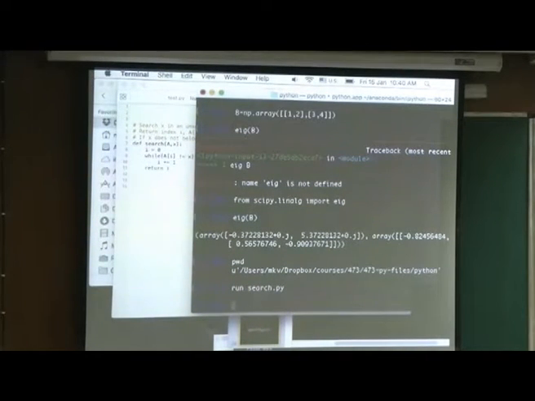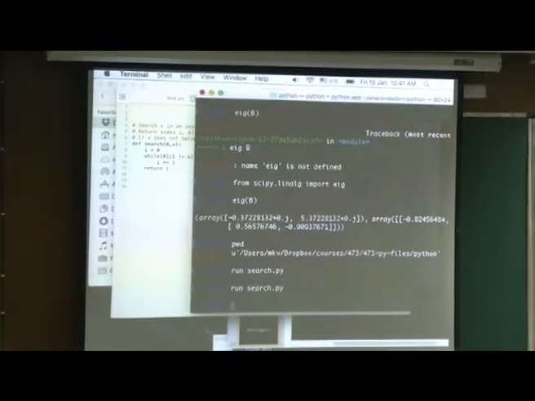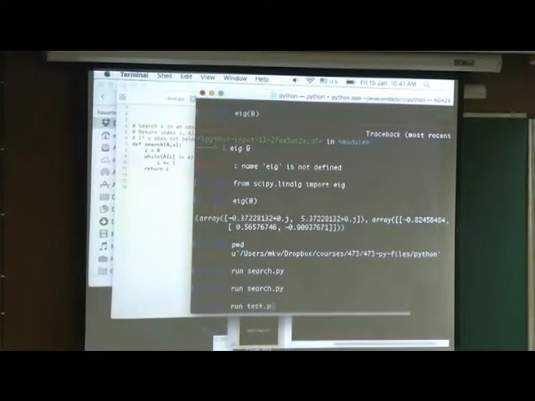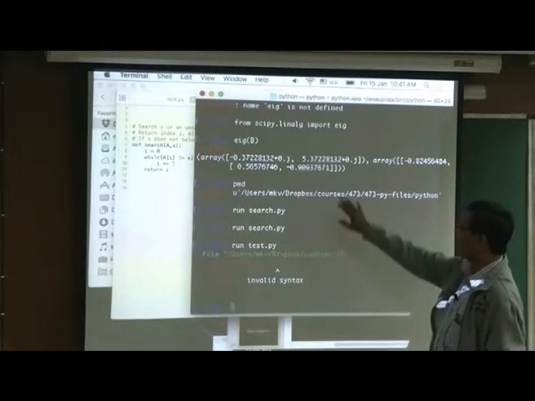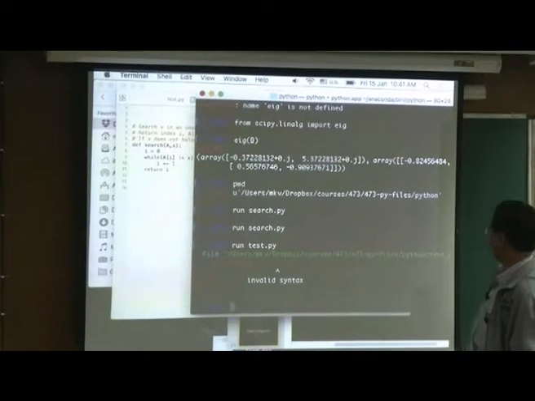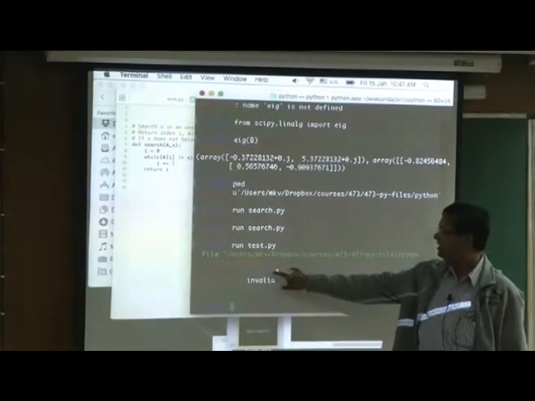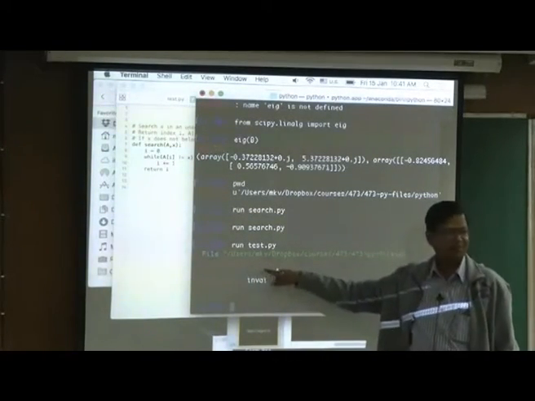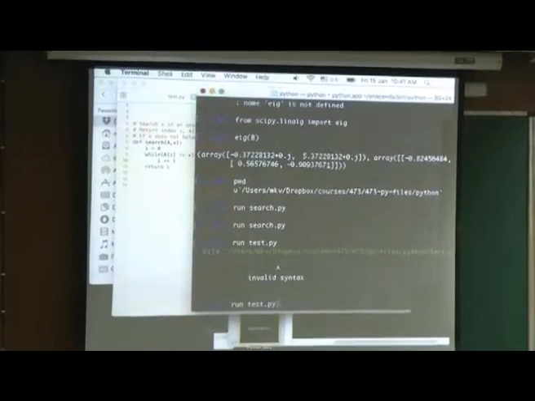So I can run search. It runs without a compilation error. Suppose I miss something, say I missed this colon. No need to get hassled, you have to just work. It says invalid syntax, and it also gives you the line number. I used a white background so that it is easily viewed on the screen. It tells you where the error is, so you know where to look, go there, and fix it, and then it runs.